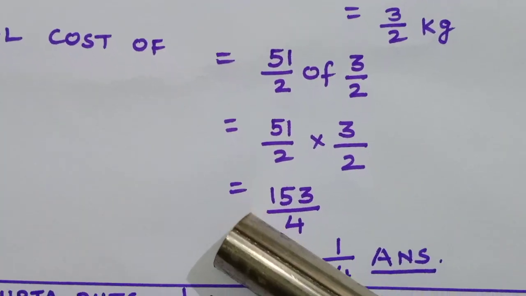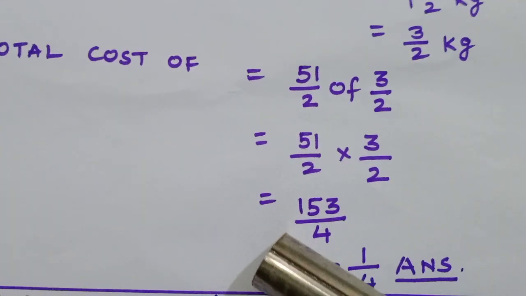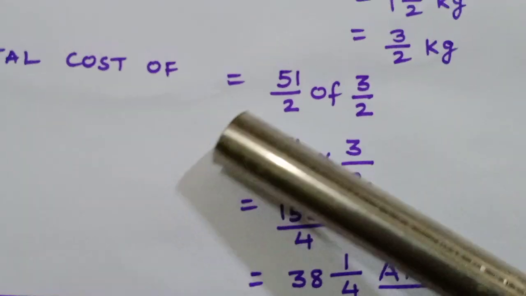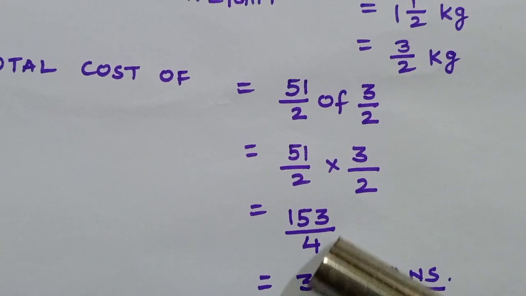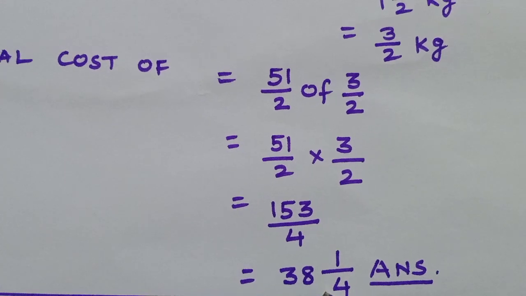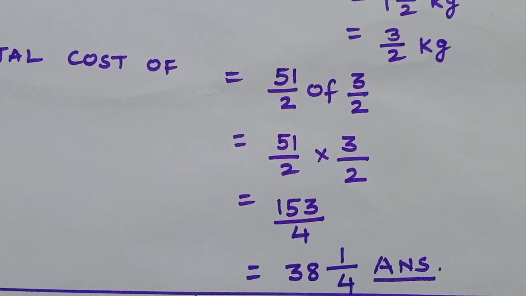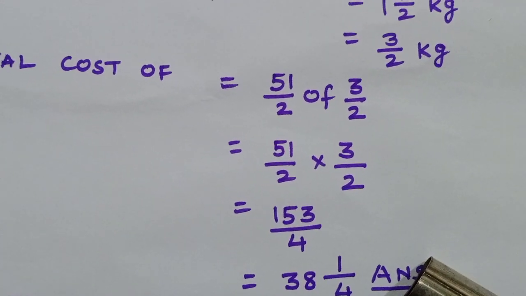It is in the same way you will have to give. Here, here, here, here. So if you divide it, we will get 38 whole number 1/4. Answer. So you must match your answer with the answers given in the book. If it is wrong, you will solve again. Then only you will submit to me.